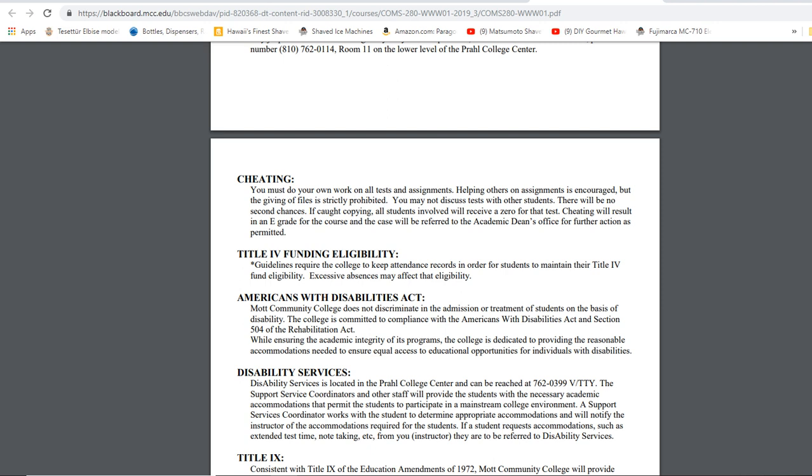Cheating, the only thing I need to mention is, as a coder, you'll be able to use the net. The net is one of your resources. The problem with this is not to copy and paste code that you find online without making any modification to it. That's plagiarism. Plagiarism is not accepted here in this class or any university or any college, and also not accepted in the field. So using resources online is fantastic, and I strongly recommend that.